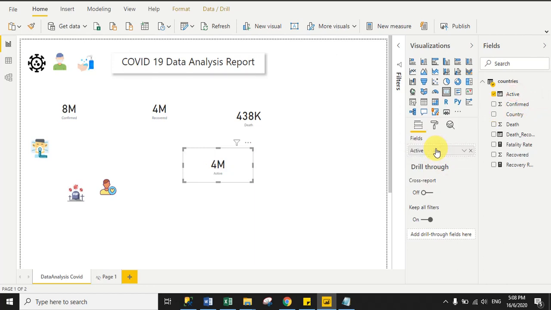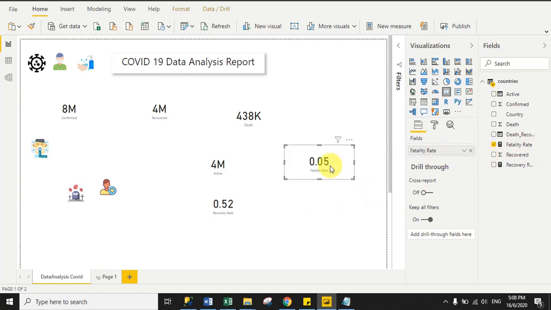After that, drag the total active cases. Now we have two measures left. One is the fatality rate and the second one is the recovery rate. So copy one more time and drag the recovery rate here, in percentage, right? And then copy one more time and drag the fatality rate here.